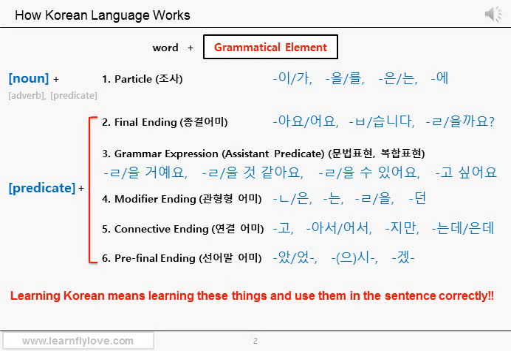For example, when you want to say, would you like to do something in Korean, you change the ending. Got it? There are still plenty of endings and grammar expressions with assistant predicates you need to know in Korean. And learning Korean means learning those things. But don't worry too much. It's not like you must know all of those things now to communicate properly. You can make proper sentences based on what you already know for now anyway.